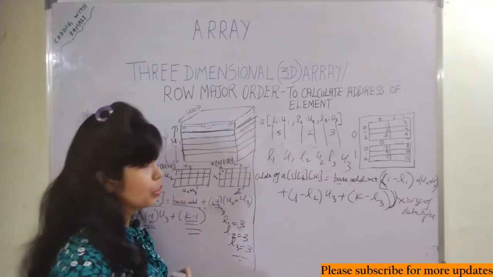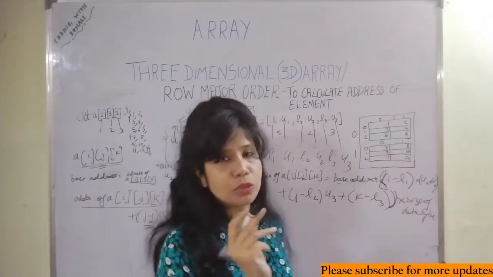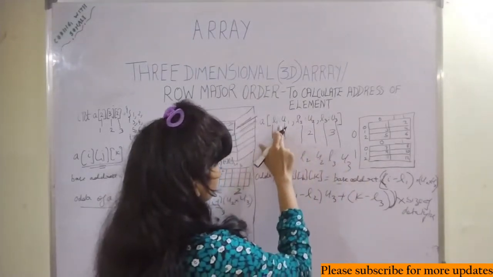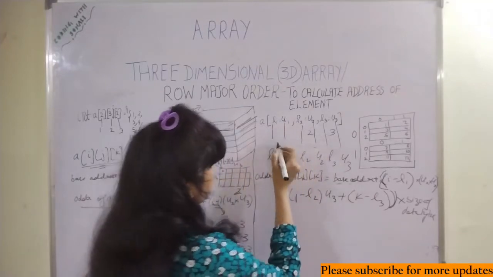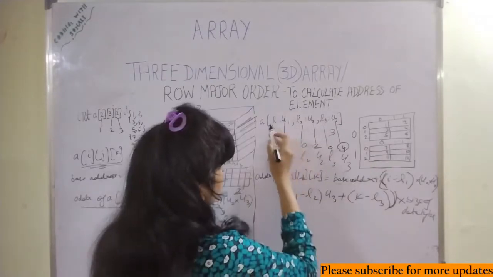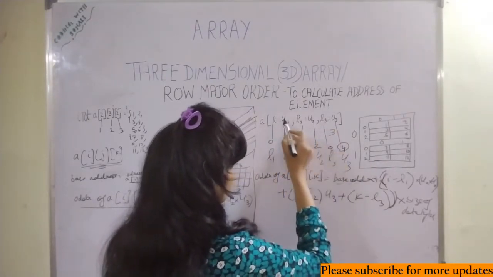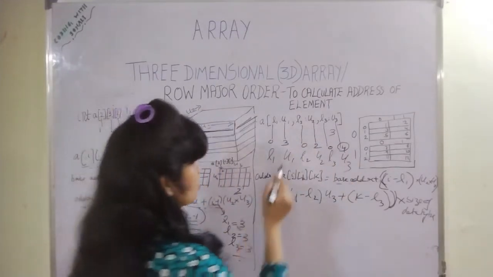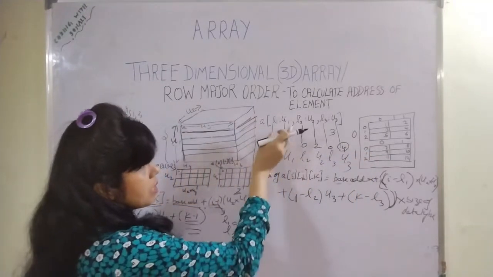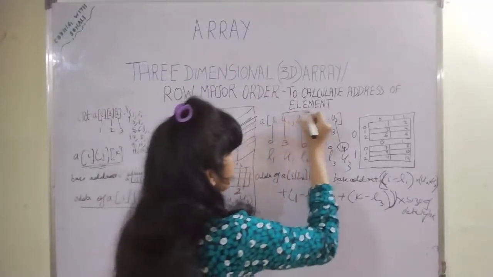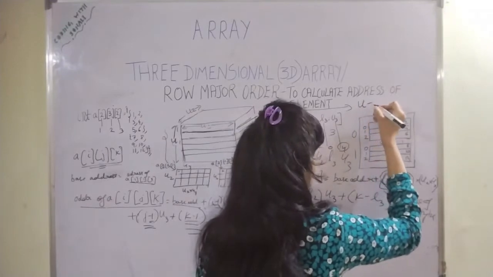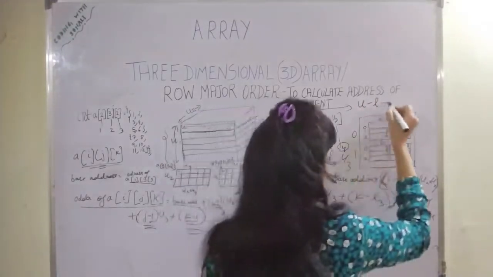One more change we have to make in this formula. I have told you how to calculate the number of elements. Suppose you are given L1 U1, L2 U2, and so on. Here the index starts from 0, so L1 is 0, L2 is 0, L3 is 0, and U1 is 3, U2 is 2 and U3 is 4. So how do we calculate the number of elements, the size of the array? Simple. The formula I told you to calculate the number of elements is simply the upper boundary minus the lower boundary plus 1.